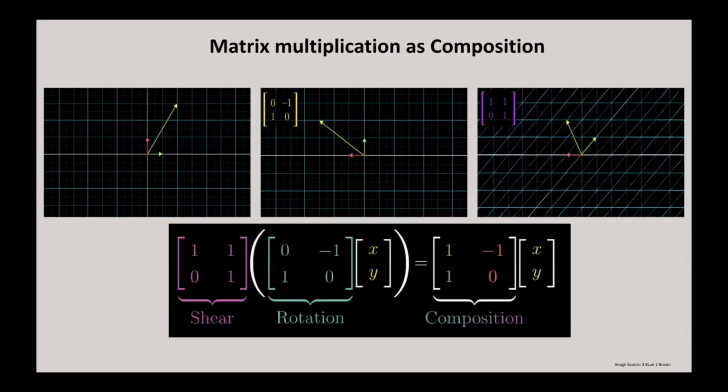So let us understand the concept of matrix multiplication as composition. I've taken some screenshots from the 3Blue1Brown video on the same topic. I highly recommend watching all of those videos to visualize all these concepts. So let us look at this vector, the one in the yellow arrow over here. What we are doing here is applying a rotation transformation to it. So basically we rotated this vector 90 degrees counterclockwise. And here we are applying a shear transformation. So the new linear transformation can be called the composition of two separate transformations, rotation and shear.